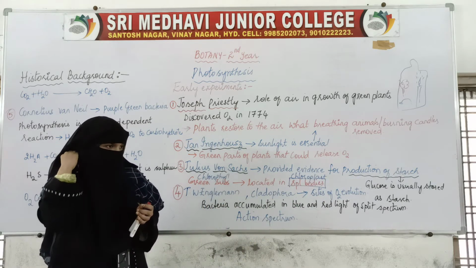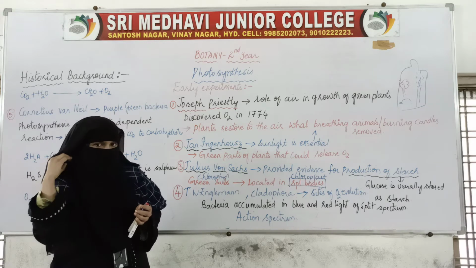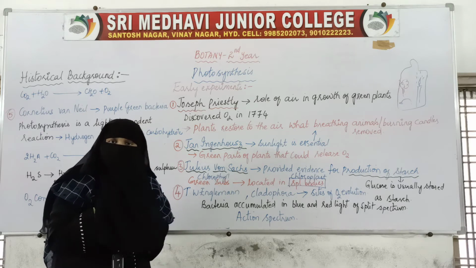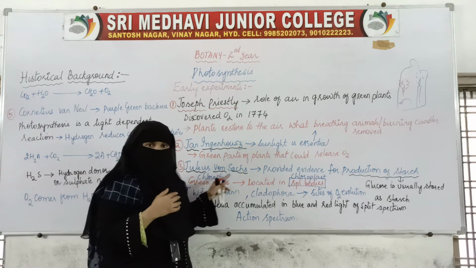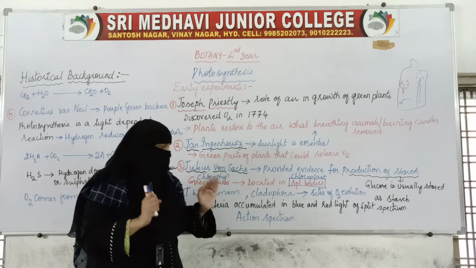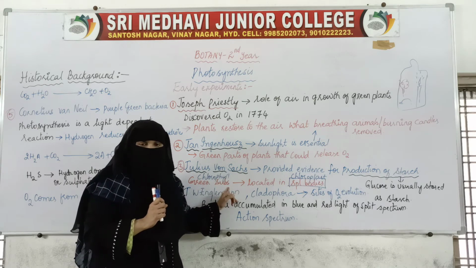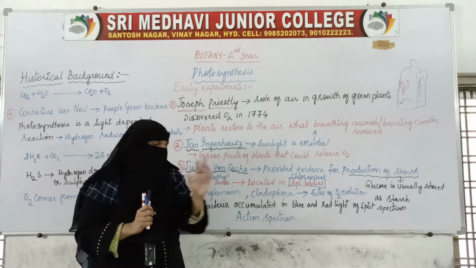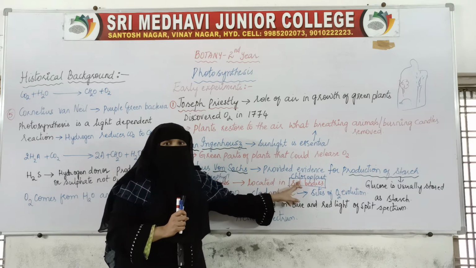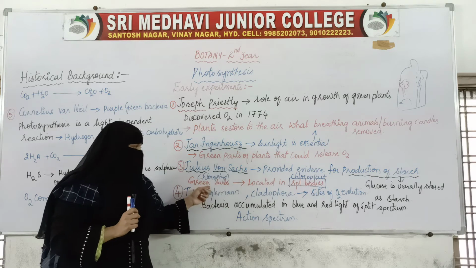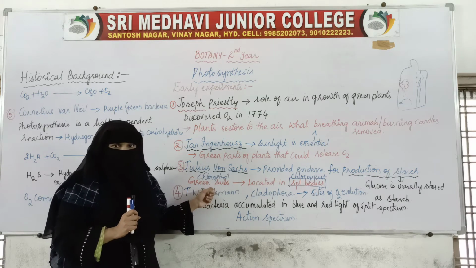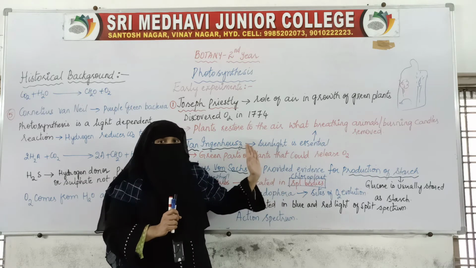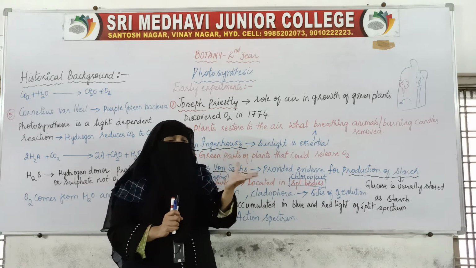So what he said is that there is some green substance in the plant, which is nothing but chlorophyll, as was discovered later. At that time he just said that there is some green substance in the plant, present in some special structure. Later that special structure was called the chloroplast. Because of the presence of this green substance in this special structure, the plant is able to produce starch, and the green parts store starch.